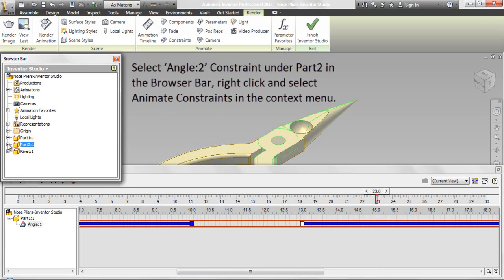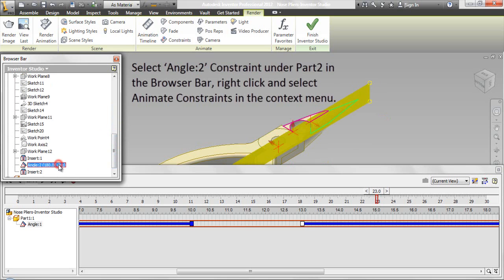Select Angle 2 constraint under Part 2 in the browser bar. Right click and select Animate Constraints in the context menu.